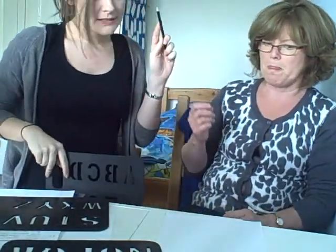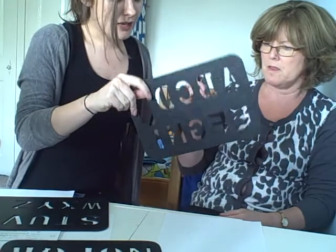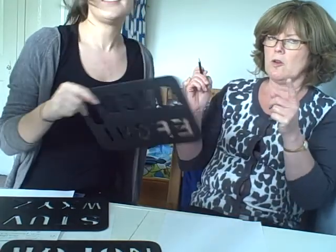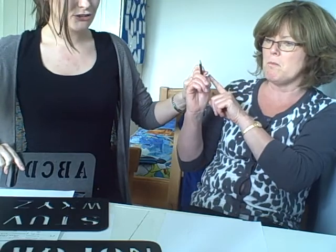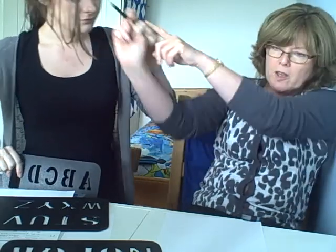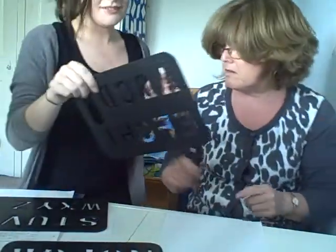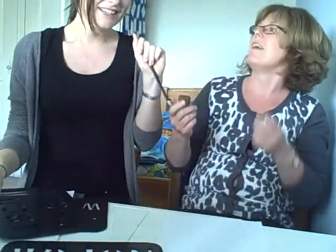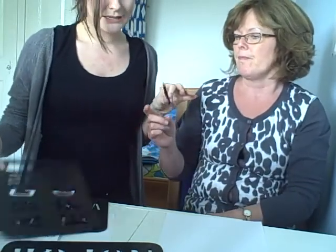Then you pass the pencil to the child in your left hand, and you can place it like this, and then have the stencil there as you pass the pencil. Now look how Alex is still holding my hand. So at the moment she isn't letting me just start going all over the place. The danger is, otherwise, you pass the pencil and it's like, oh, wait, which one is it? And then the prompt's gone. So you want to make sure that by the time the pencil's in your child's hand, the stencil's ready